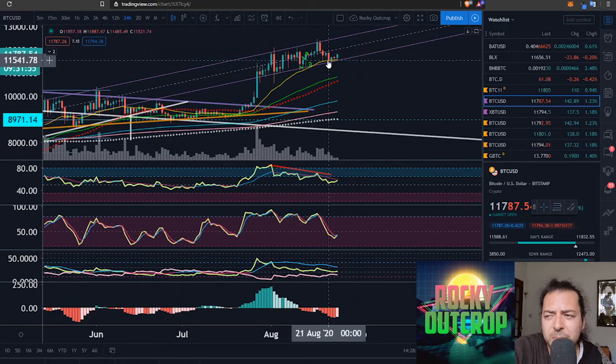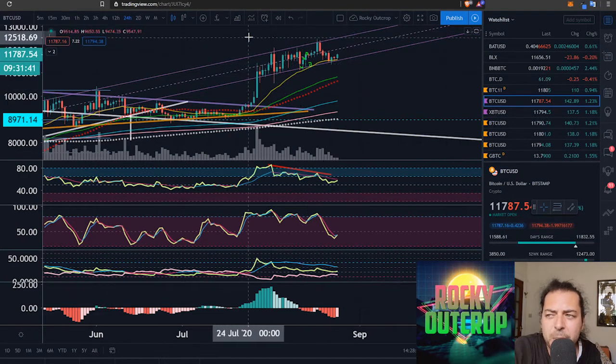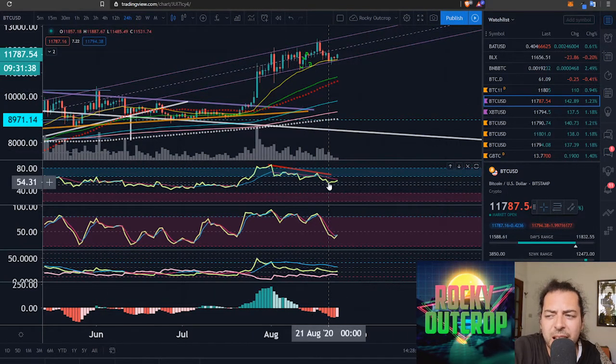Overall, because the price has managed to stay above this 11,550 area over the last few days, we didn't actually put in a lower low. The price would have had to have closed down there about 3,400, 3,350, let's call it actually, to get a lower low in. And because we're in this upward trend, you could look at this and say that that's hidden